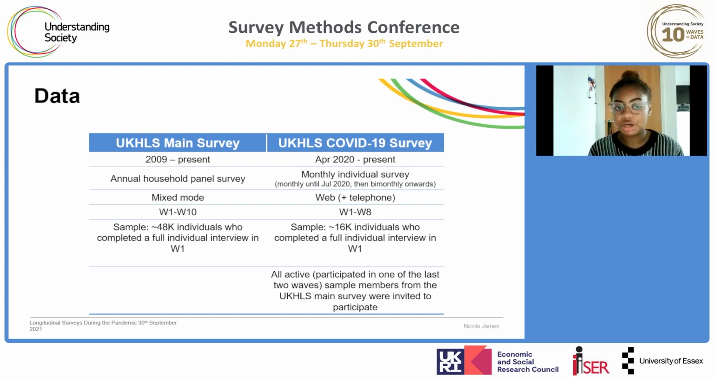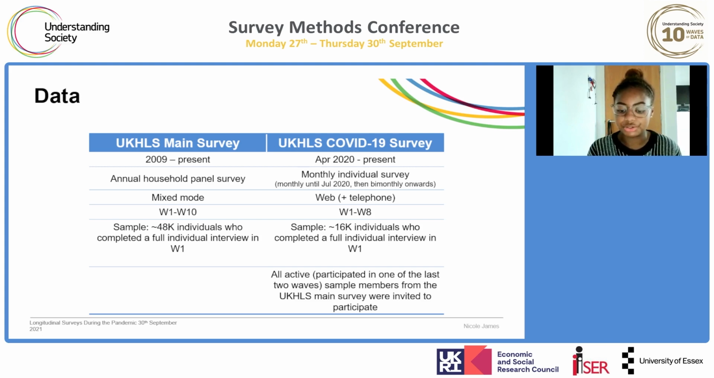And I used two samples for this research. One is the Understanding Society main survey, and one is the Understanding Society COVID-19 survey. So the Understanding Society main survey started in 2009 and is ongoing. It's an annual household panel survey, and it's mixed mode using face-to-face, web, and a small amount of telephone interviews. And I use wave 1 to wave 10, and that's about